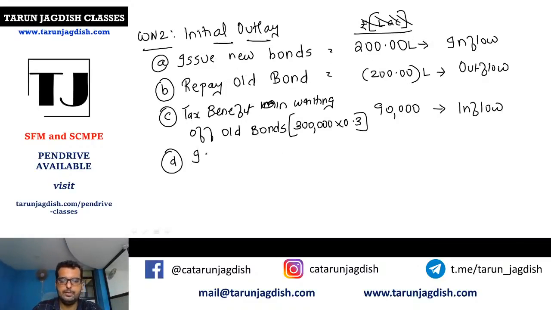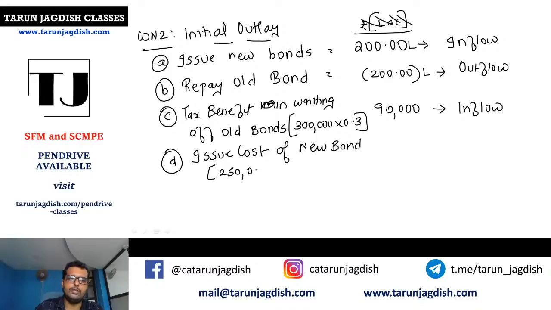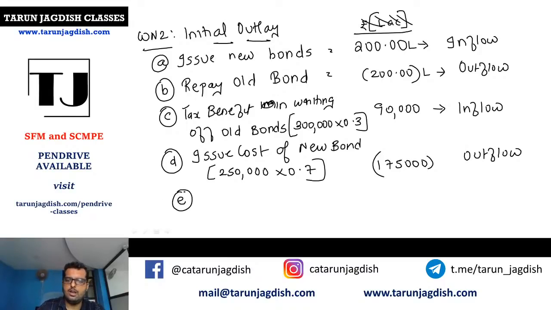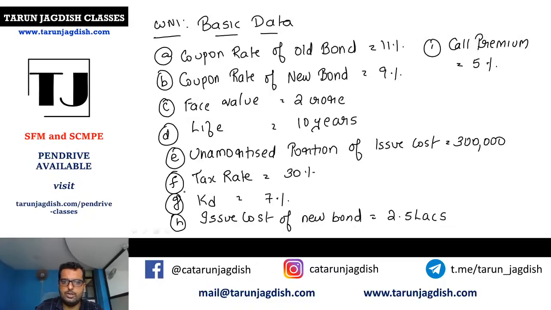Next point will be issue cost of the new bond. New bond is having a price of 2,50,000, but I will have tax outflow, so only 0.7 is my net effect. So 2.5 into 0.7, 1,75,000 will be my outflow. After this, the last part, what they have told is